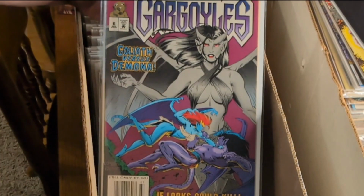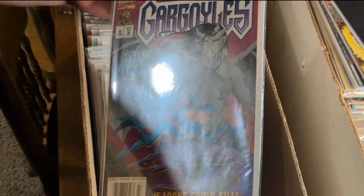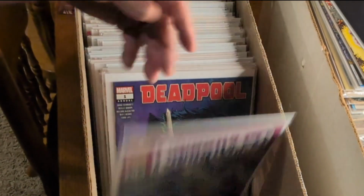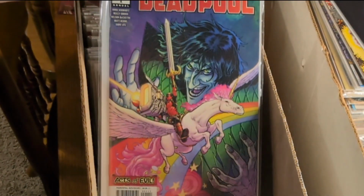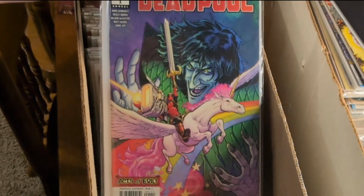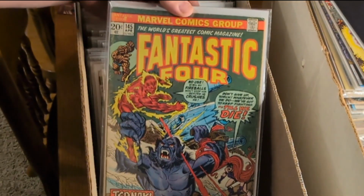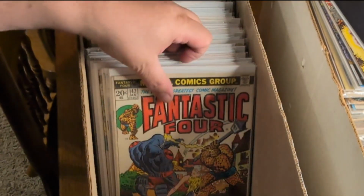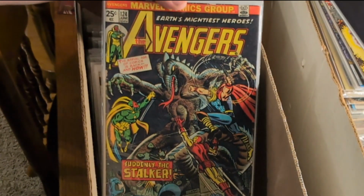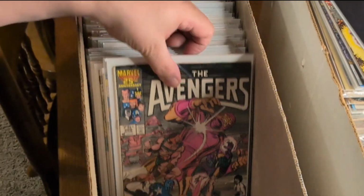Gargoyles number 6. Very early, if not one of the first art done by Amanda Conner. Deadpool annual number 1. Him riding a Unipegasus. Okay. Oh, another FF. Look at this. All these FFs. 145. 142, Avengers 124,